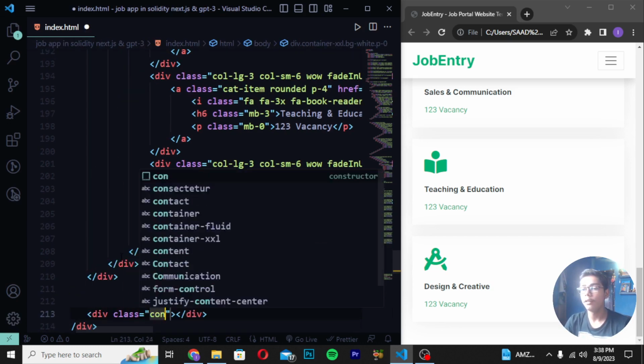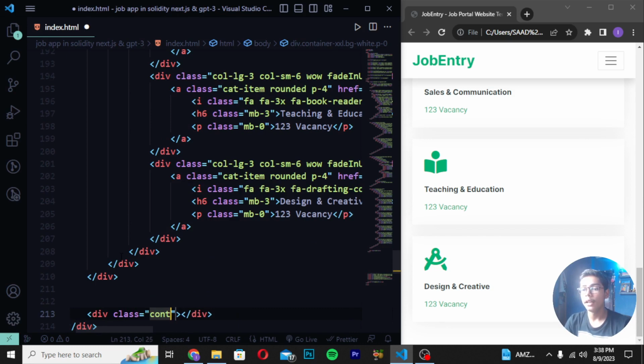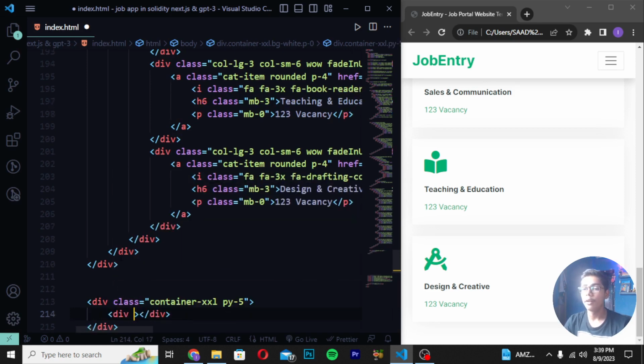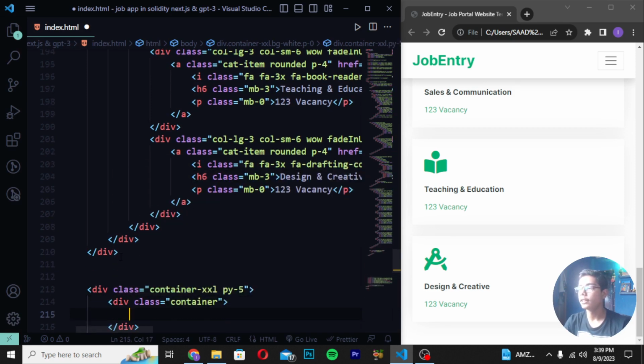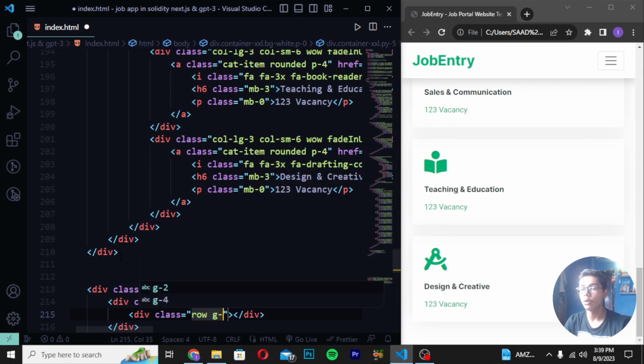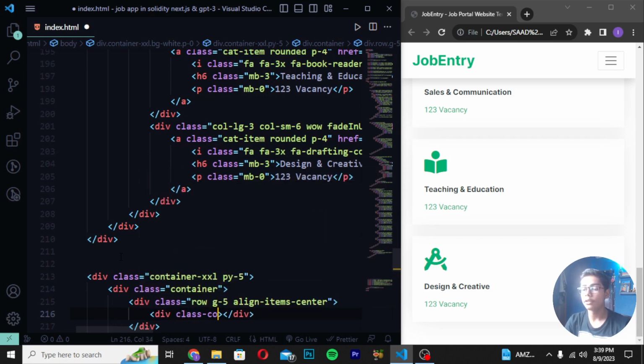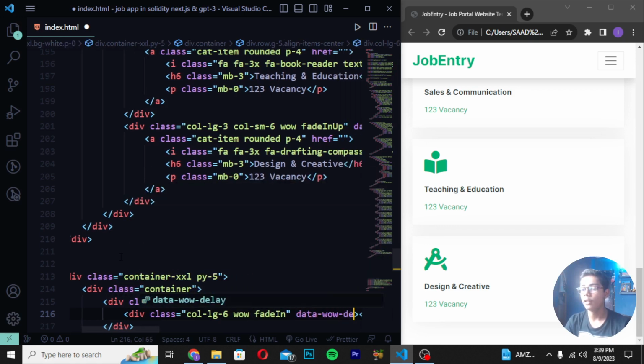and creating here a div class as container. Then I will be now writing here container-xxl, and then you can write here py-5, which means padding 5. Then I will be now writing here div class as container. Right here div class row g5. Right here align-items-center. Then I will be moving down and create div class col-lg-6. Write wow fadeIn, and I will be now just writing here data-wow-delay,